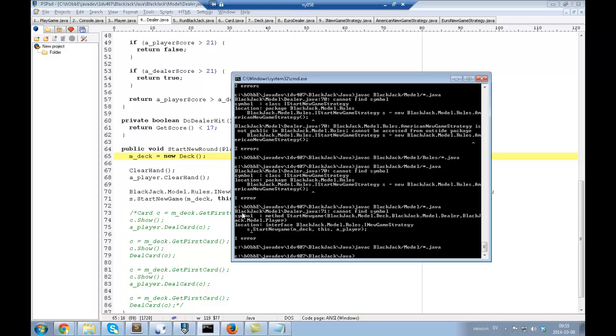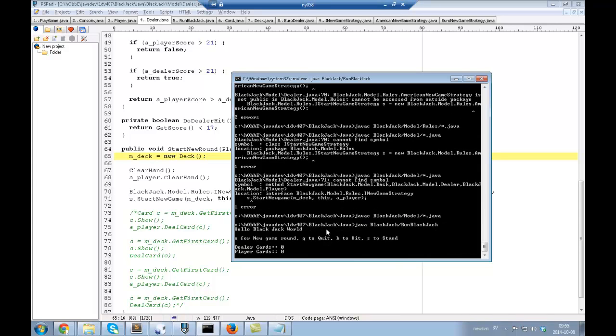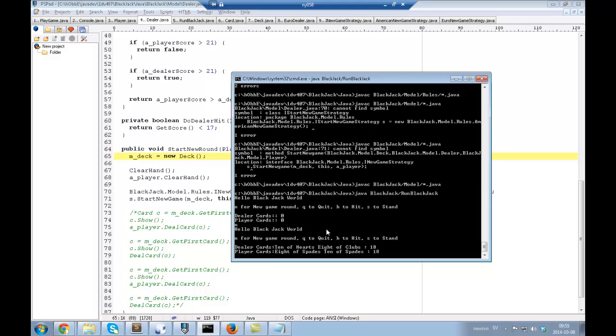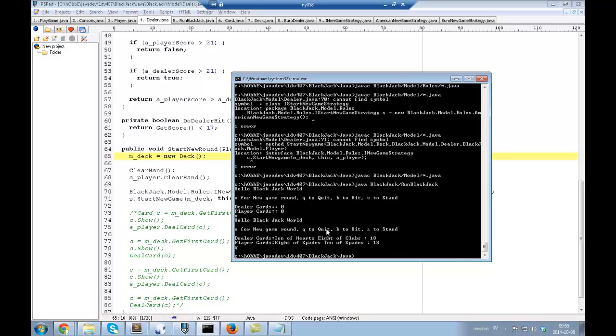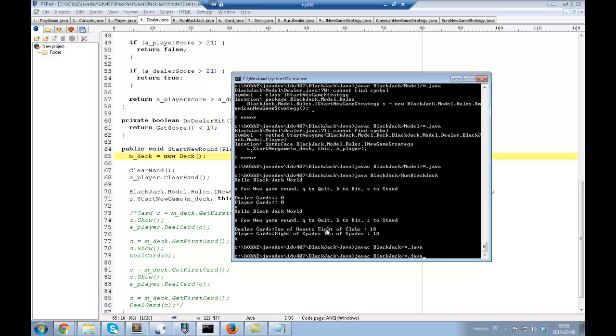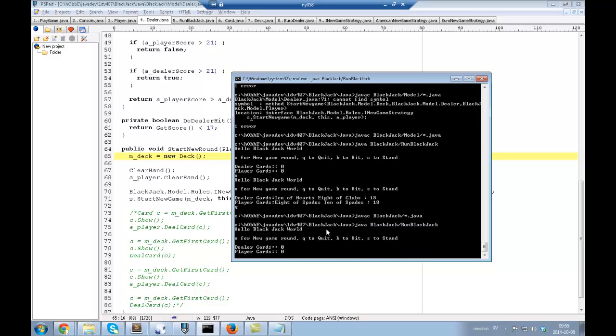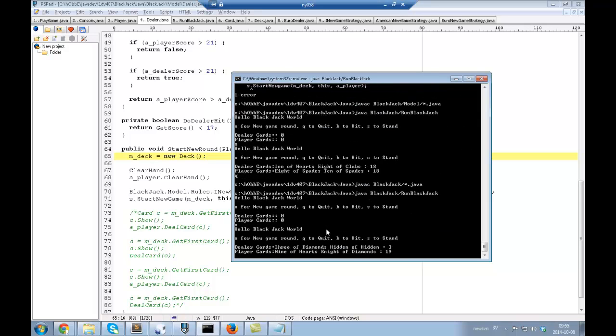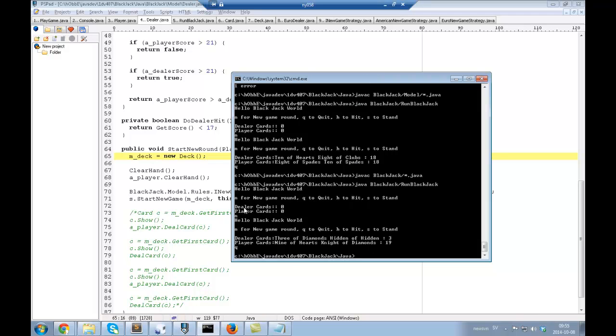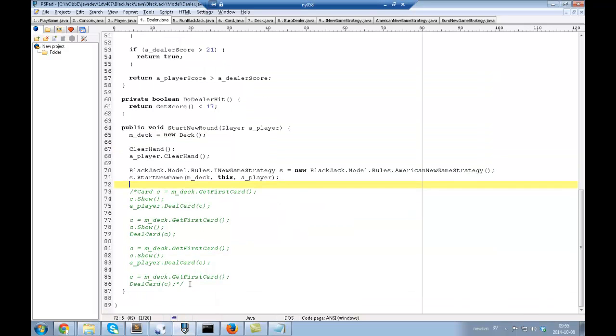So, hopefully now everything will run and we will have the American rules once again. New game. Now we need to recompile the main also. So we get the hidden of hidden last. Quit. So we can now remove this,